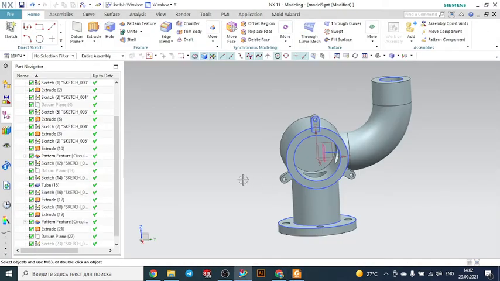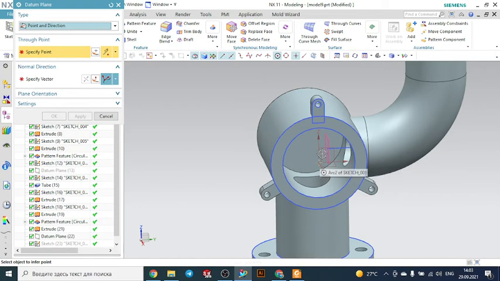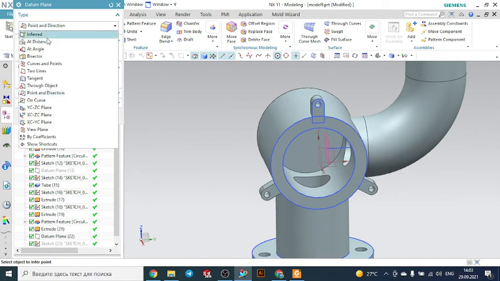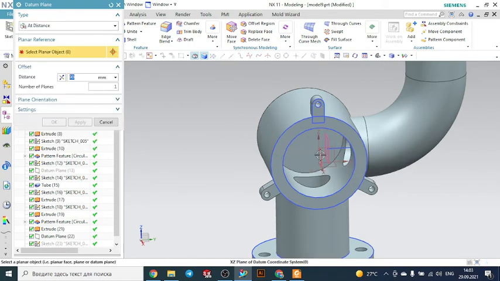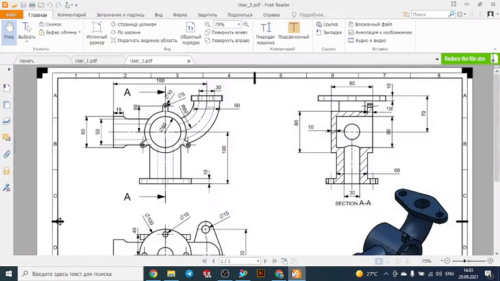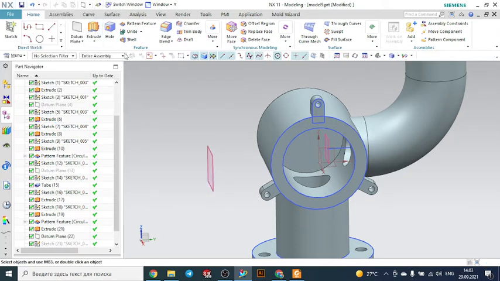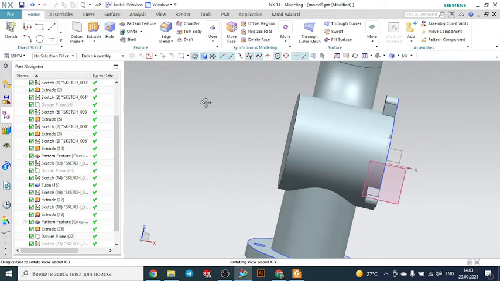So at a distance here, distance is 90, this is the half, so it's correct. Press OK. So we will draw the